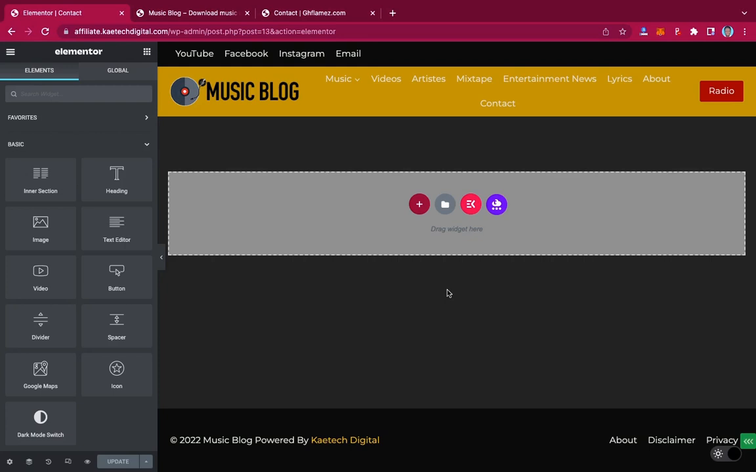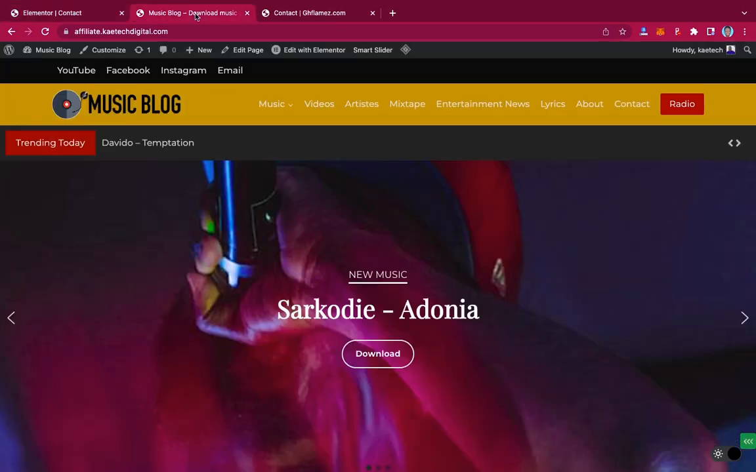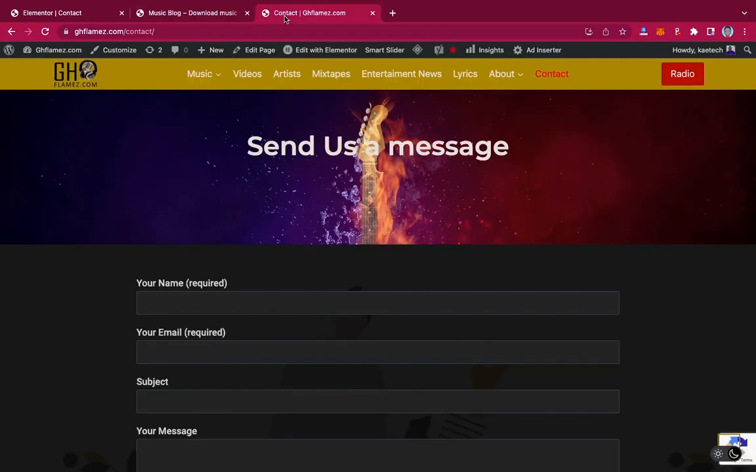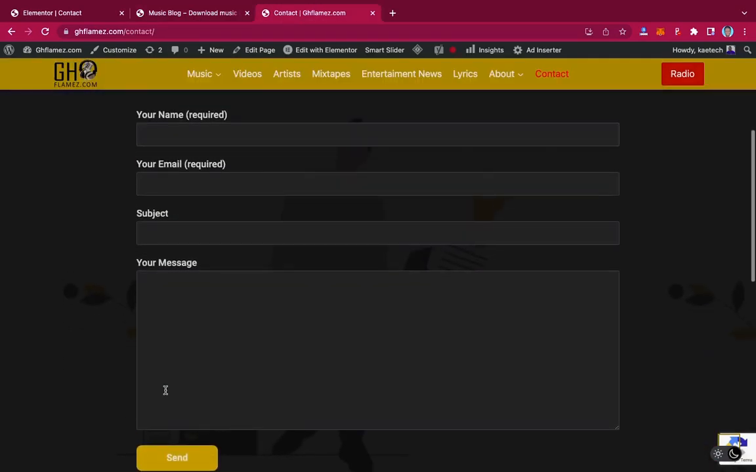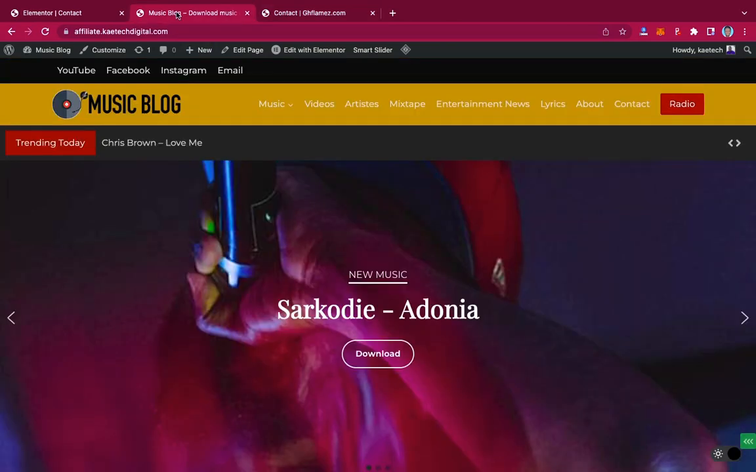Now before we start designing the website, we need to create a form with a form builder that we installed. Just like this one over here, there is a form. As you can see, this is a form. Now we need the form builder, that is